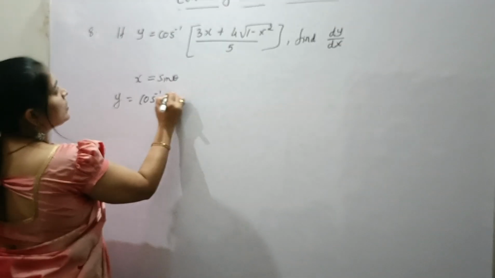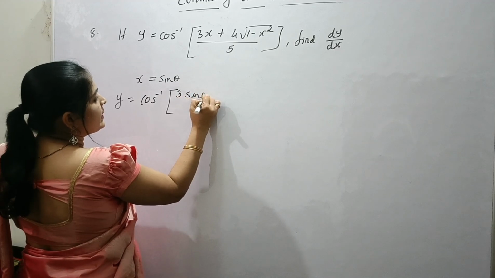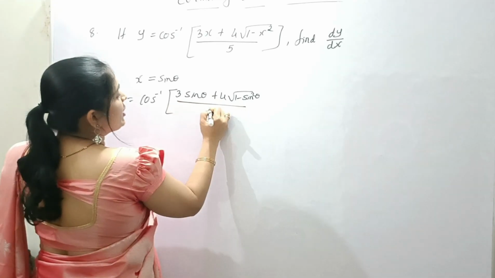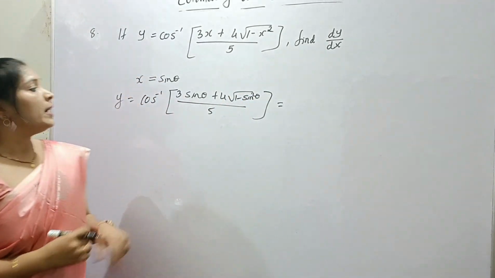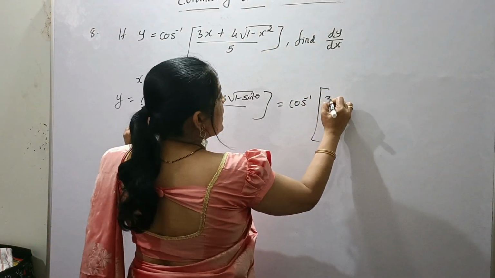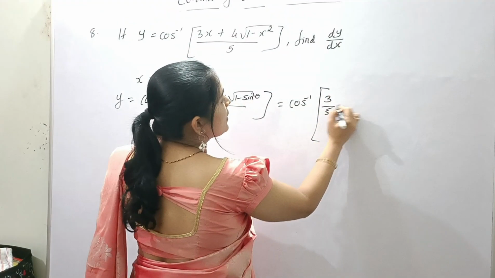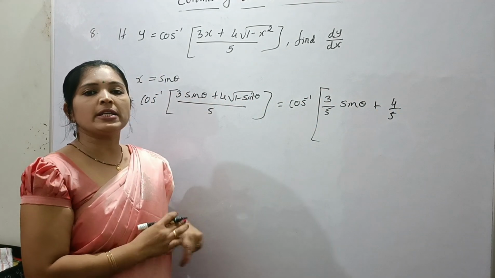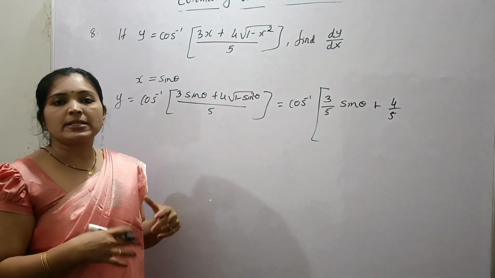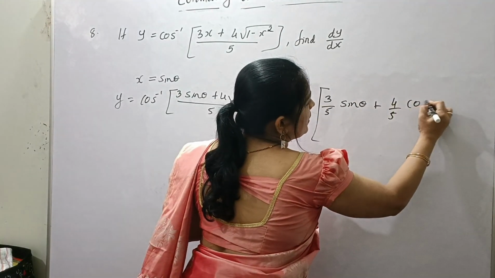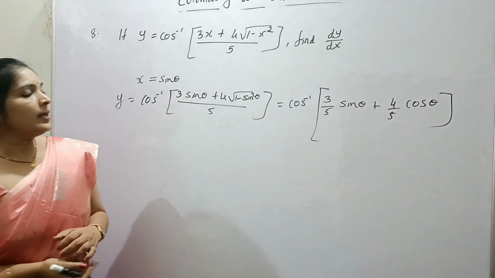Then y will be cos inverse of (3 sine theta plus 4 into root of 1 minus sine square theta) divided by 5. That is equal to cos inverse of 3 by 5 sine theta plus 4 by 5, what is root of 1 minus sine square theta? Root of 1 minus sine square theta is root of cos square theta. So root of cos square theta is cos theta. Okay, then here,